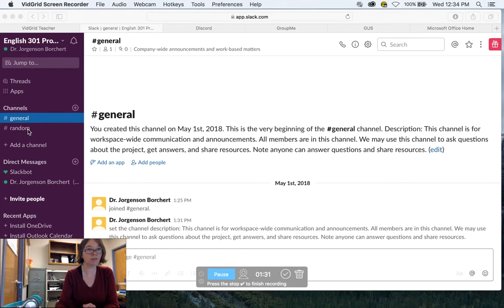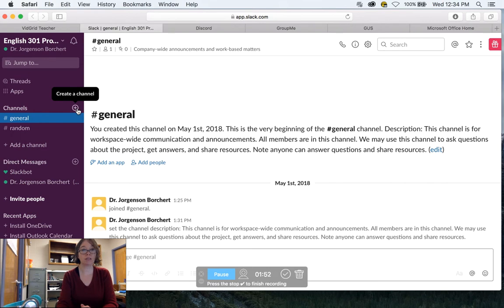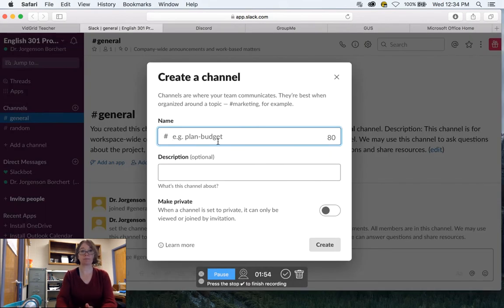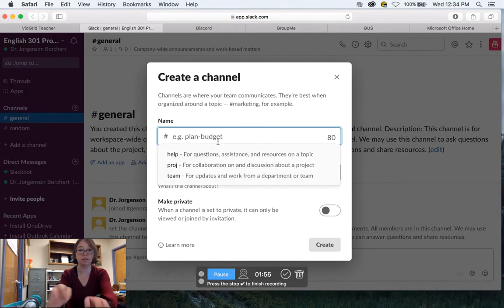But if you wanted to, you could create a channel, like COVID-19, something like that. If you have a certain project that you want students to work on, or if you are having students work in groups, you can create a separate channel for them. And I love the internet because you hover over something and usually it tells you what it is. So you can create a channel by hitting that. You'll see something like this. So let's say,